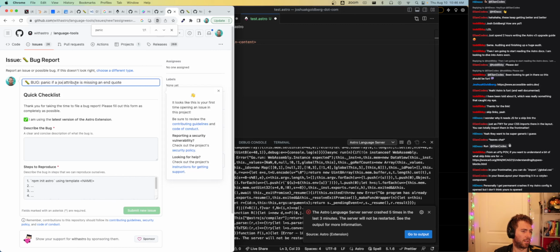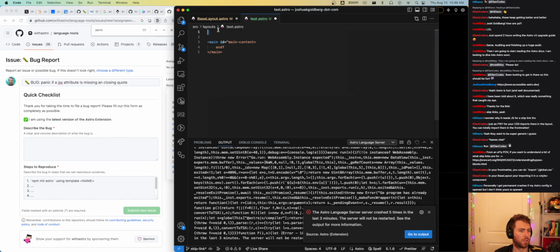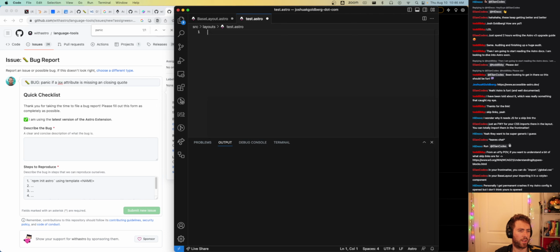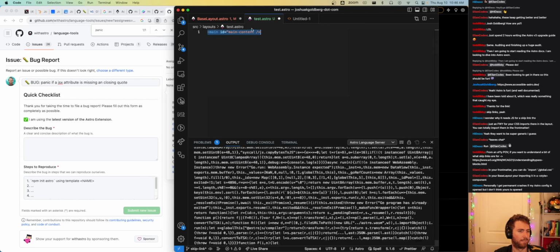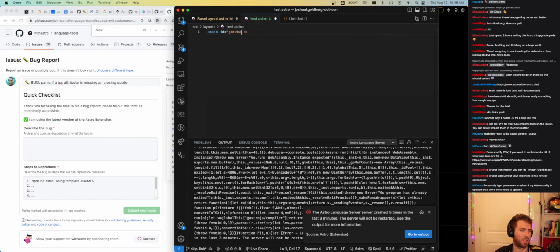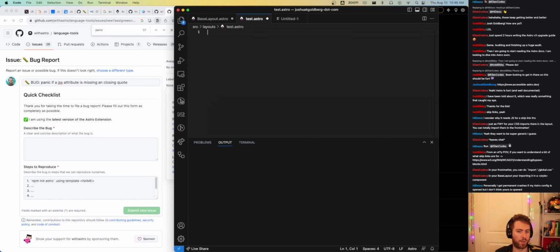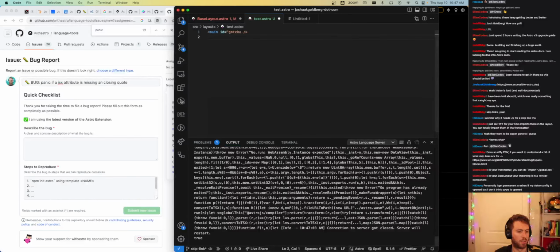If JSX is missing a closing quote. Now, can I trigger this with even less stuff? Can I trigger it with just this? Yes, I can. Gotcha. And can I trigger it without the hyphen in there? Yes.